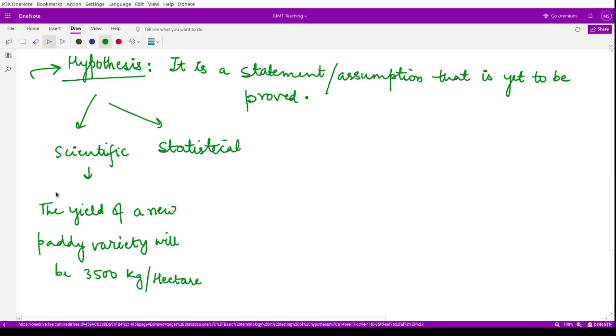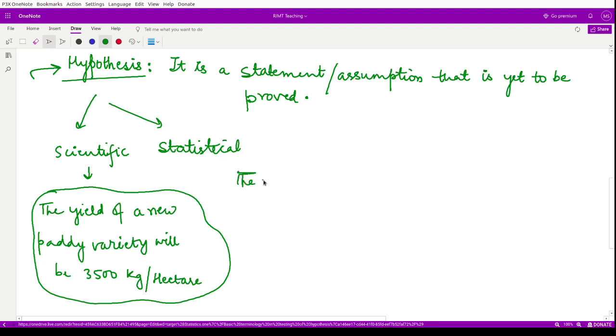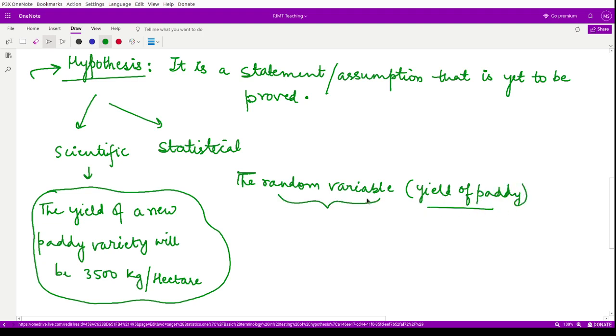So that is a scientific hypothesis, because this thing has not been proved yet. We are talking about a future event. However, the same thing stated in statistical hypothesis terms would be the random variable, which is the yield of paddy. So first of all, we define that we are talking about yield of paddy. So we define this to be the random variable over here. So this random variable we will say is normally distributed